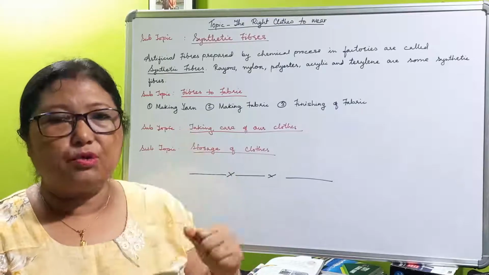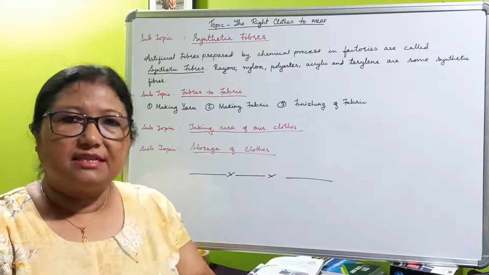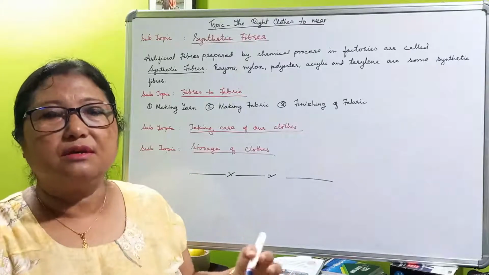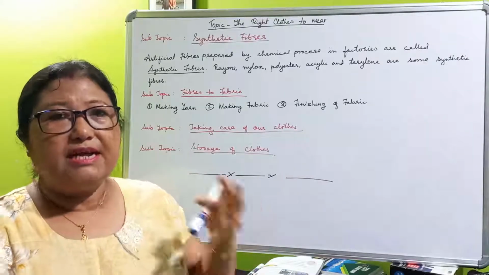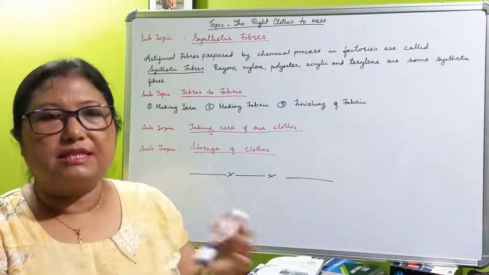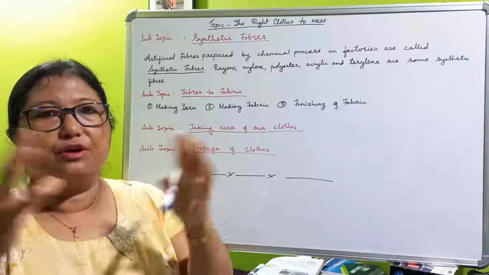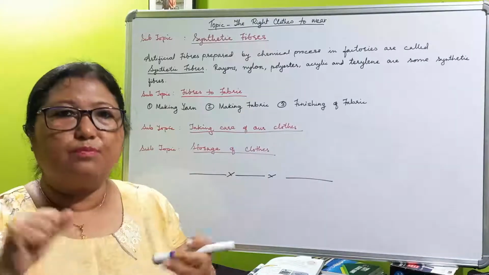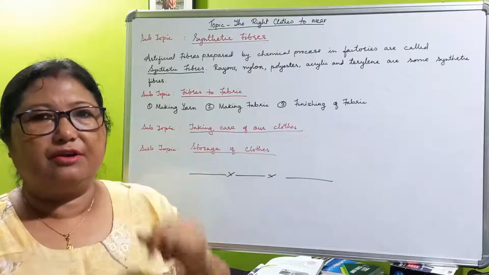And while washing your clothes, you have to be very careful that the detergent or soap is washed out properly. If you don't wash the clothes properly, then what will happen? It smells bad, and also the color will turn. When you iron, the natural color of those clothes will turn yellowish. That means you have not washed the soap or detergent out properly. So in this way you have to take care of your clothes.